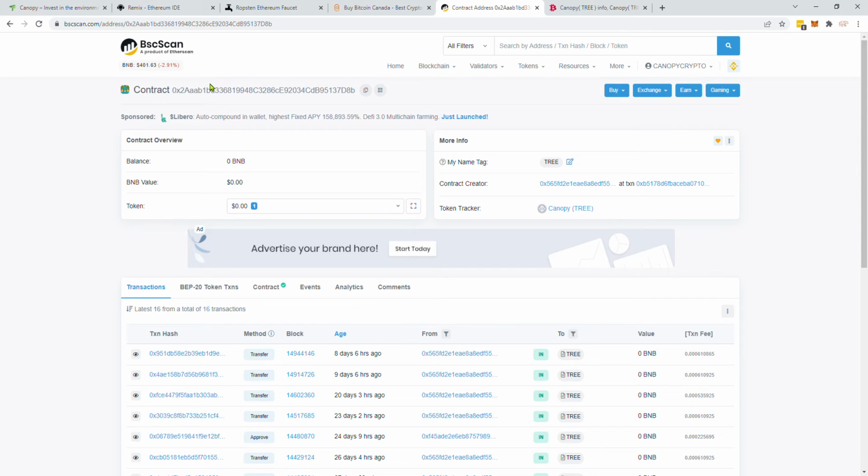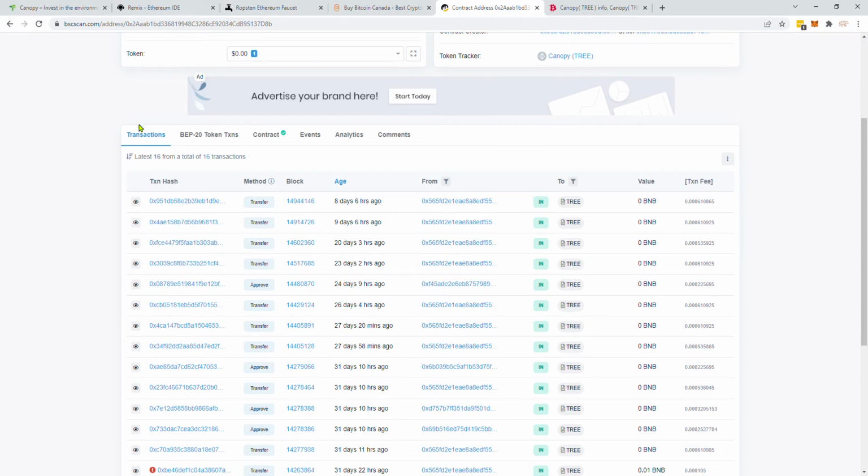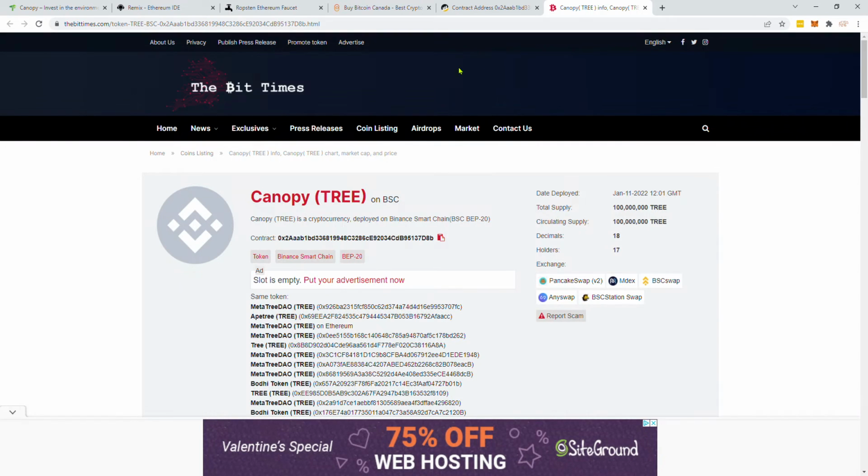bscscan.com. If you get a contract address, which is basically your token address, and if you paste it into the top of BSC Scan, you can get the details on all the transactions for my token or for your token. You can look at the contract. You can see how many transfers have been made with the token, the value. This actually only shows the value is not showing because it's a smaller decimal, but you can also go to